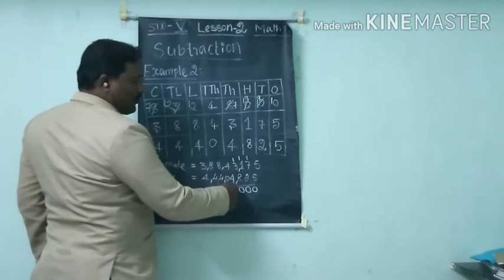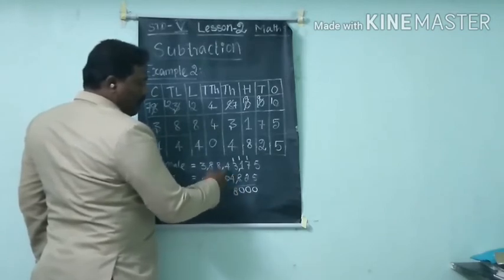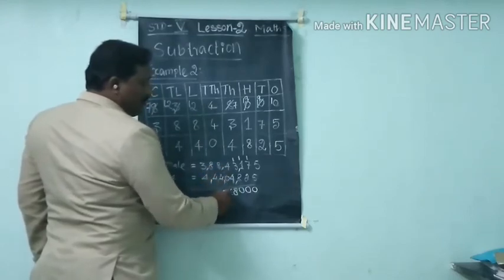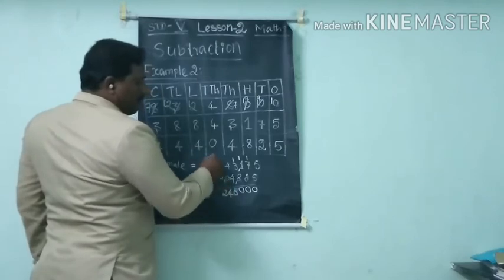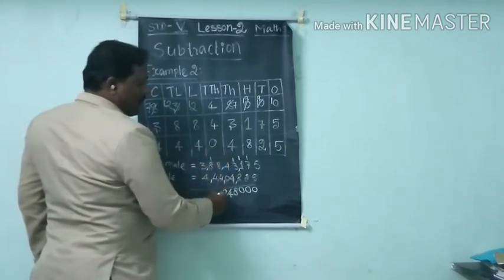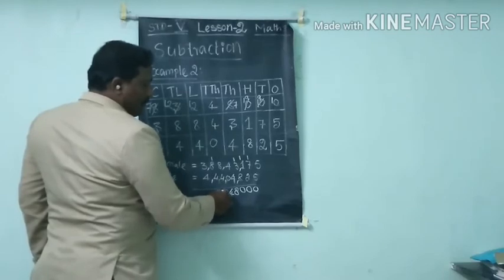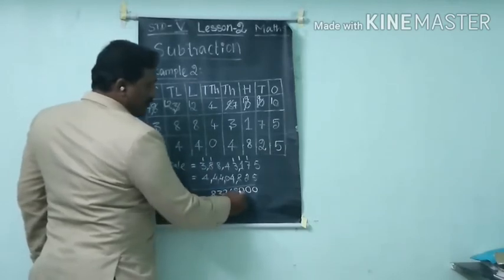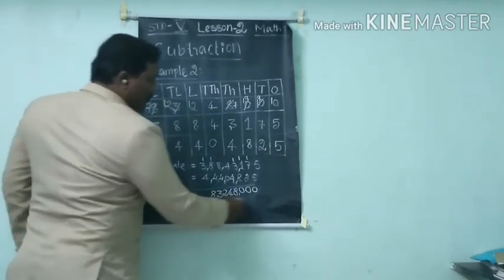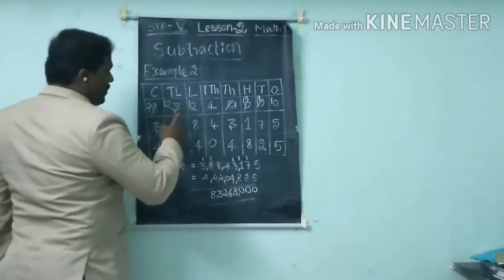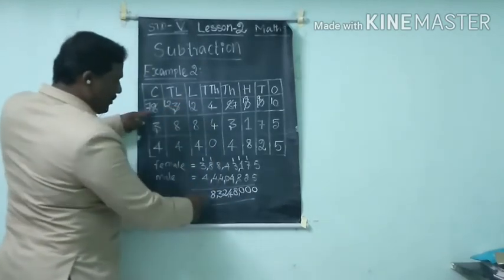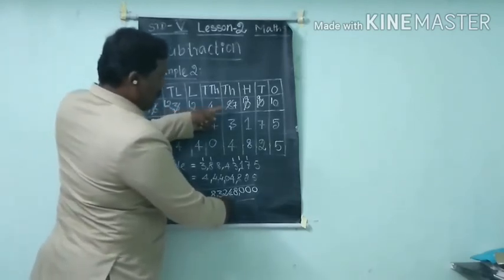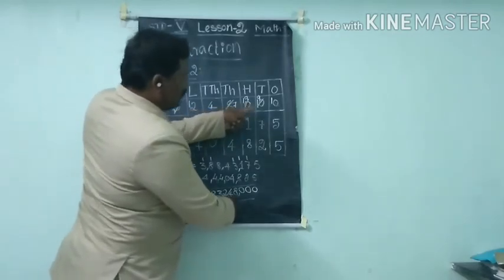It's not straight, so don't get confused. Now 4 plus 0, 4. So 8 plus 4, 12. 12, remainder 1. Okay. 9 plus 4, 13. 13, remainder 1. So 4 plus 4, 8. So we got the answer. Now we will check our total population. Our total population is 8, 3, 3, 2, 2, 4, 4, 8, 8, 0, 0, 0, 0, 0, 0.